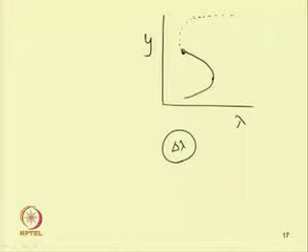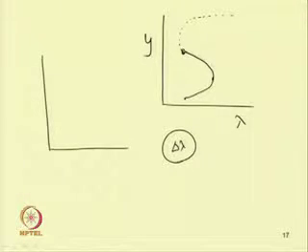So, we have to discuss, or we should take care, while starting from a particular point, how one has to continue this branch with change in the control parameter. Sometimes it may happen that, let us take this situation, in which we have a branch.